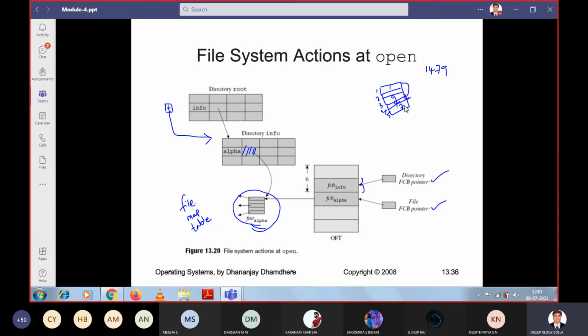Let us say it has to go to this line 4. After 4 it has to go to 7. After 7 it has to come back to 9. Like this, wherever the block is free, depending on the freeness of the block, we are going to use